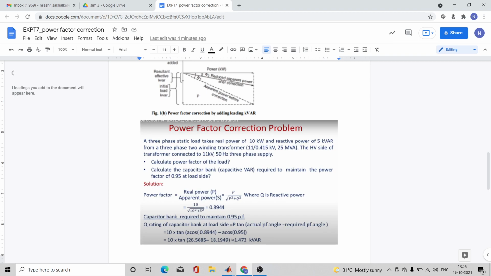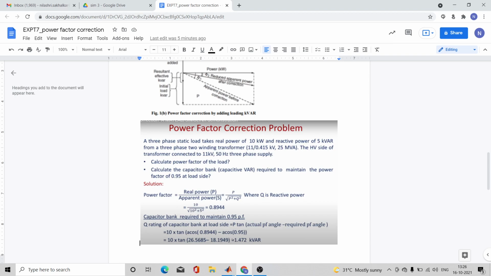Real power is P, apparent power is S, and S is the square root of P square plus Q square. Put the values, real power 10 and reactive power 5, and you will find that the current power factor is 0.8944. So the first question is over.